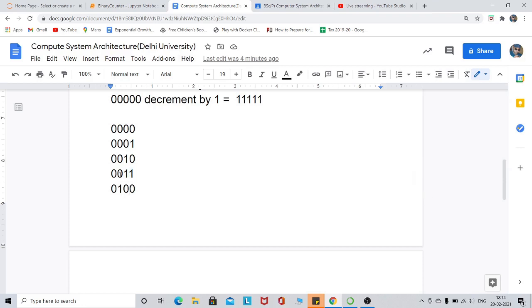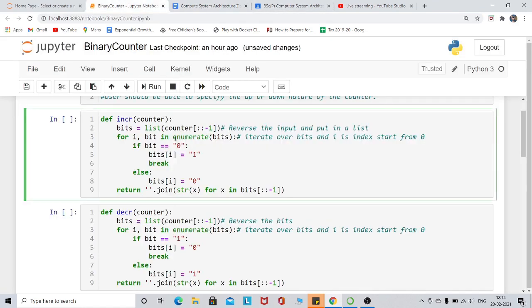So suppose my input is 0011. In that case, I get the 1, it will convert to 0. Then I get the 1, it will convert to 0. Then I get the 0. So what will we do? If I get the 0, I will write it as 1 and break. So it's quite easy. Then in the end, I return whatever is in the bits